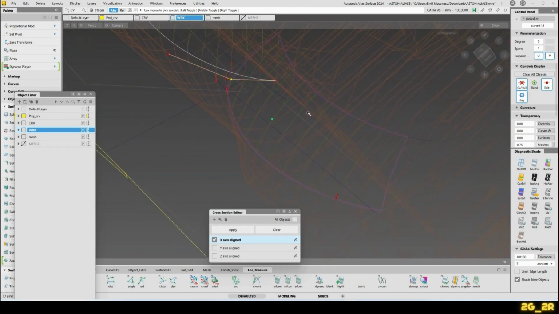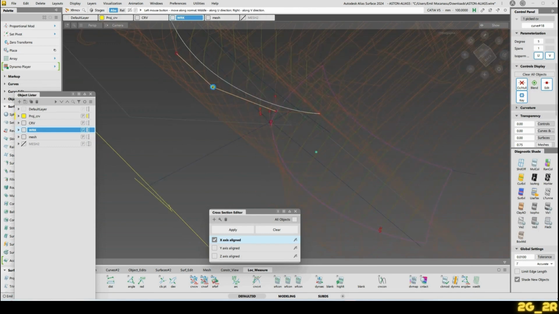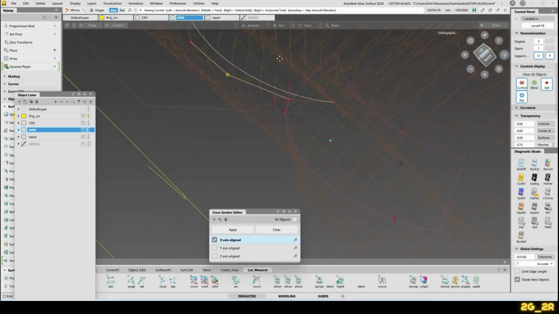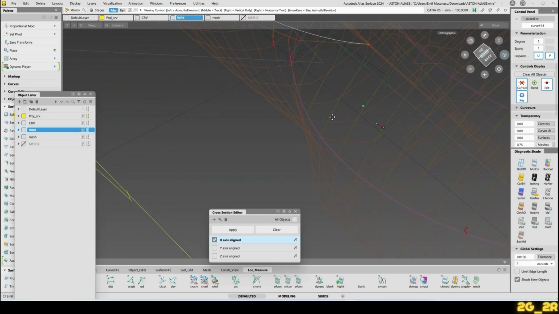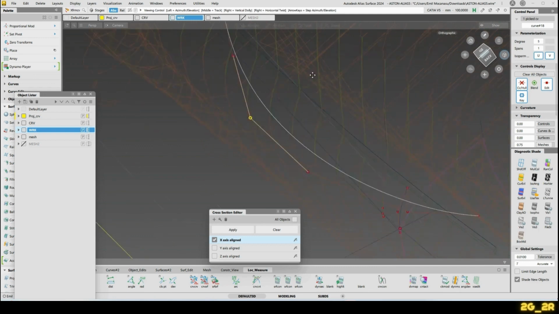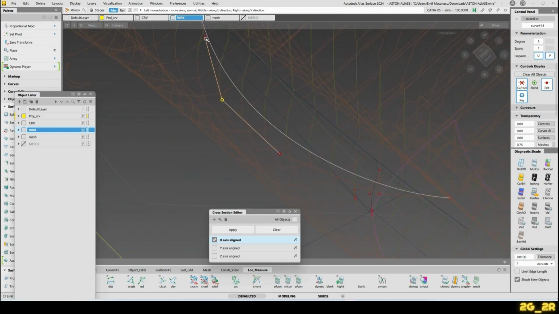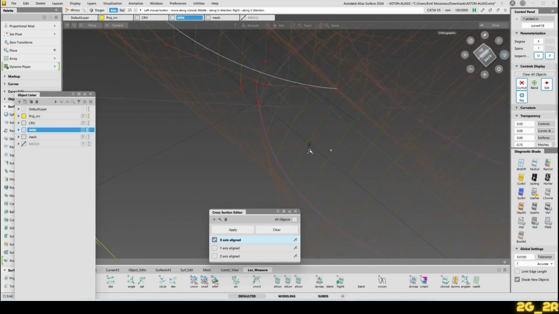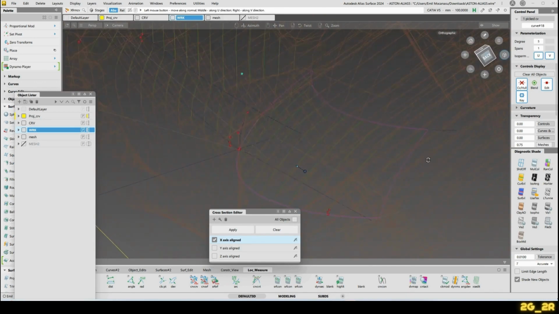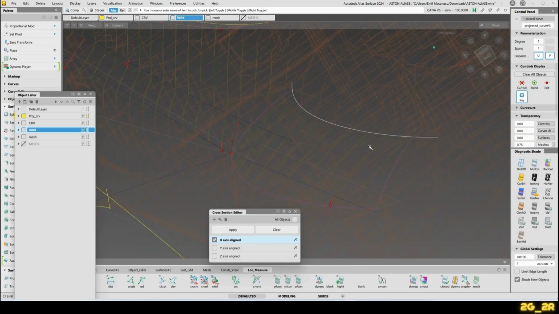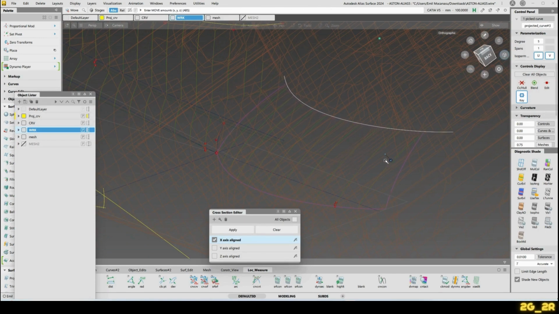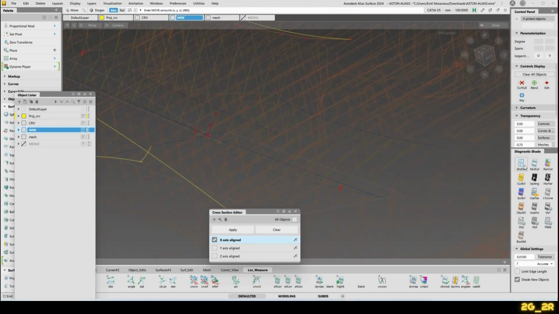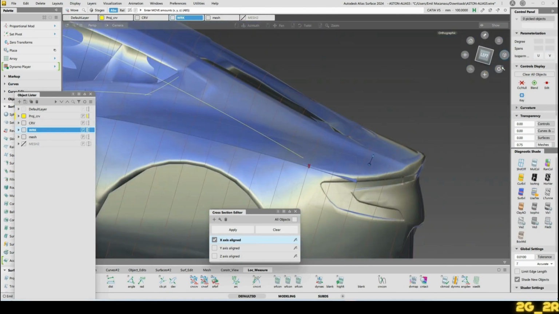So we can take that CV move tool, bring it closer to the edge there. This one as well. This one as well. Let's get it closer to that area there. There we go. Sitting really well on it. This curve out as the inboard. What to do is also